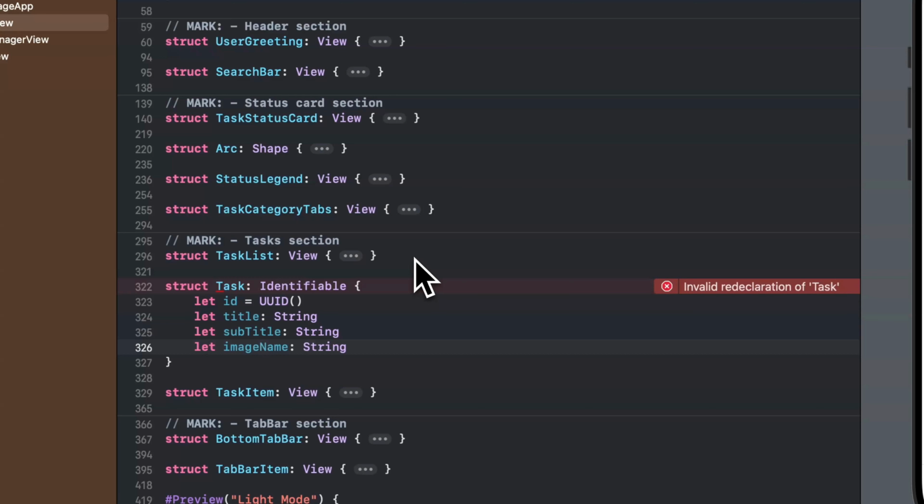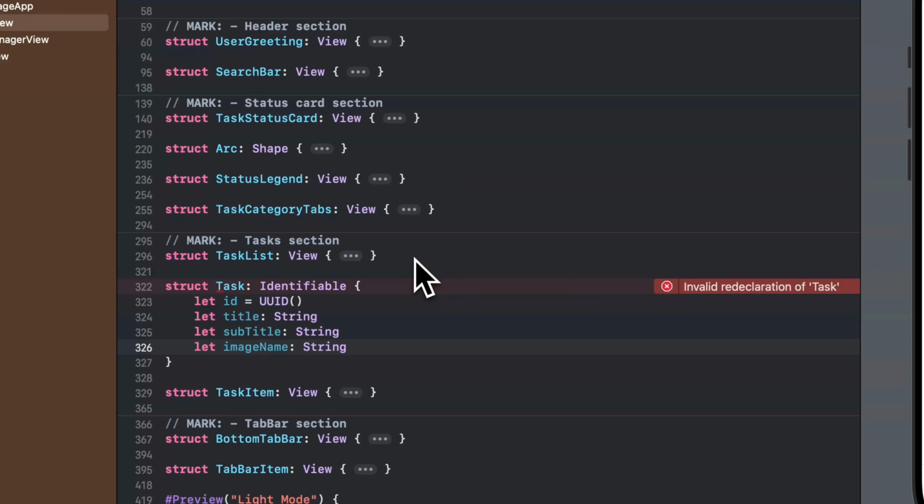If your tasks are simple and static, such as a plain list of strings or a single property, a model may not be necessary, as the overhead might not justify the use. However, when dealing with dynamic or reusable data, especially in SwiftUI apps, a model is highly recommended. By conforming the task model to the identifiable protocol, each task is assigned a unique identifier, enabling seamless integration with SwiftUI's dynamic views like for each. This ensures efficient rendering and updating of tasks in a list or grid while keeping the code clean, organized, and